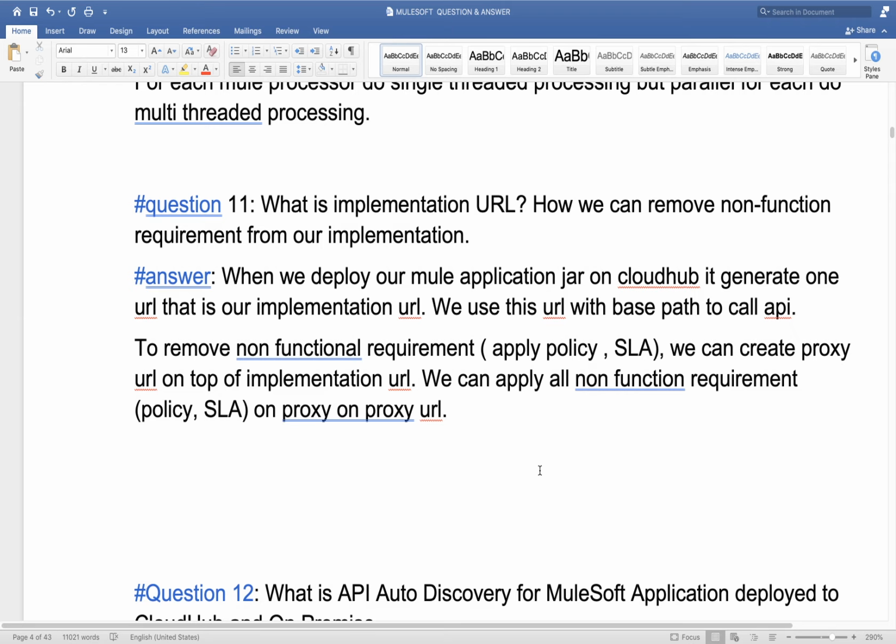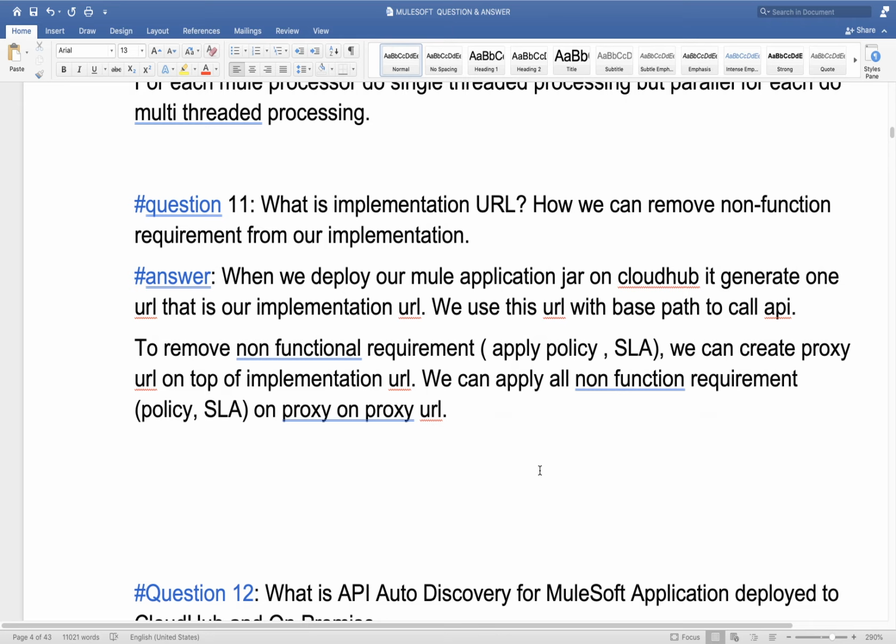They don't want to put non-functional requirements there. Applying policy and security are all non-functional requirements. They want to keep only functional requirements in that API, and put all the non-functional requirements on a separate API. In that case, we need a proxy API.